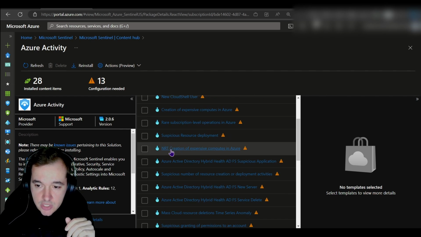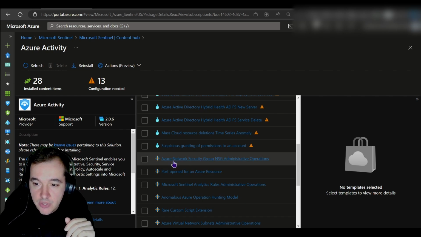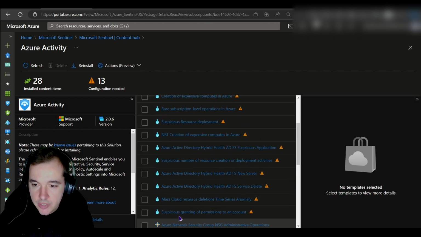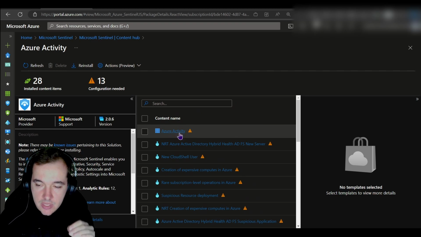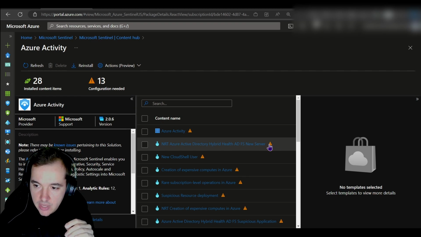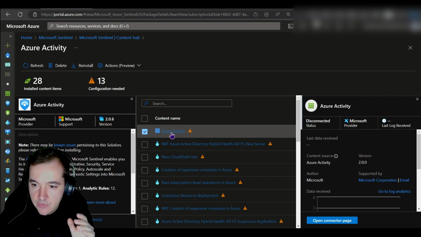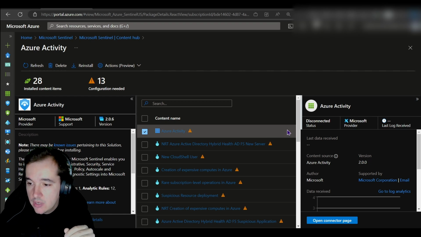So all the analytics rules, all the threat hunting or the hunting queries, workbooks that are included in the solution, and the data connector. Now notice how everything has this exclamation mark. Exclamation mark means that we still need to configure that, right? So let's go ahead and click on the first one there, the Azure Activity Data Connector. That is the most important one. So what we want to do is to click on it,